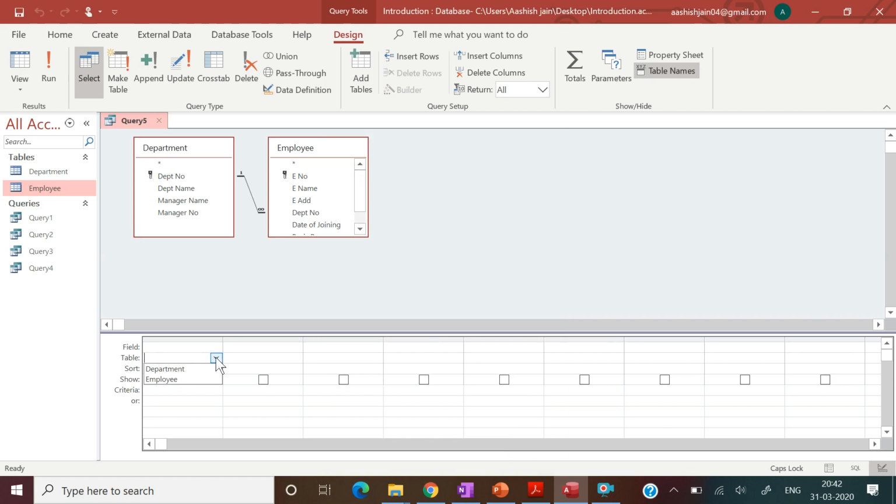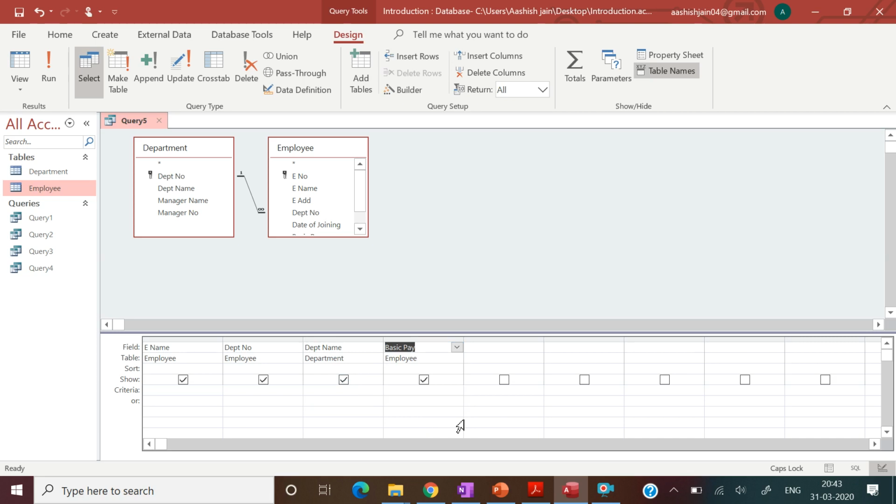Now the first one is employee name from the employee table, and again from the employee table, let's take department number, and from the department table also, let's take department name. Then let's take basic pay from the employee table.